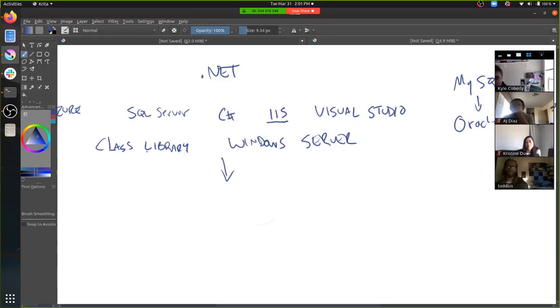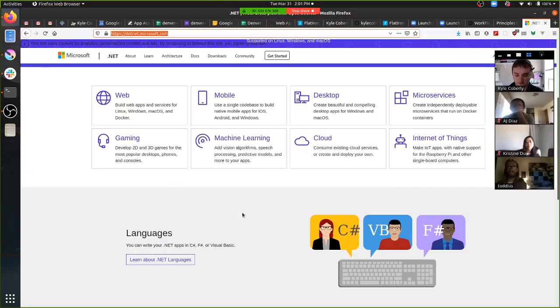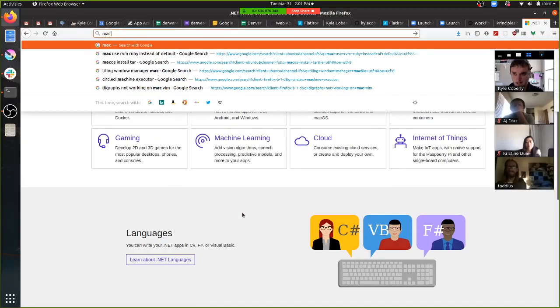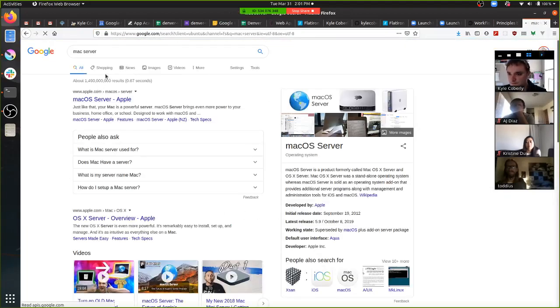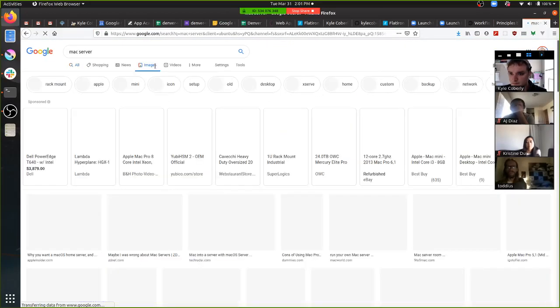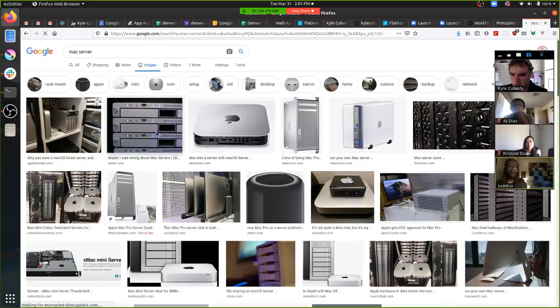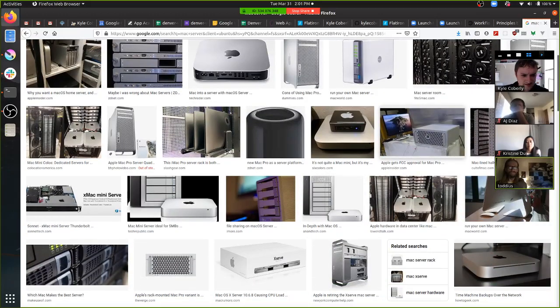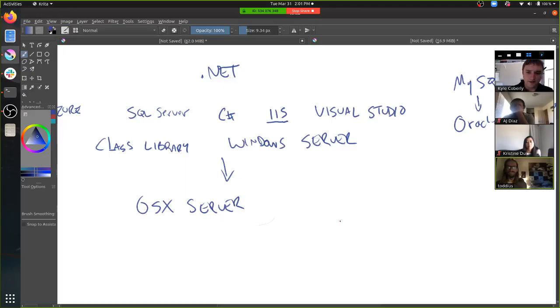But Apple did have some of this kind of stuff. So they had OS X Server Edition. They actually sold physical servers for a while too. I think they stopped that like 5 years ago. Mac server. So yeah, they looked kind of like this, or this, and they ran a special version of the Mac OS operating system,